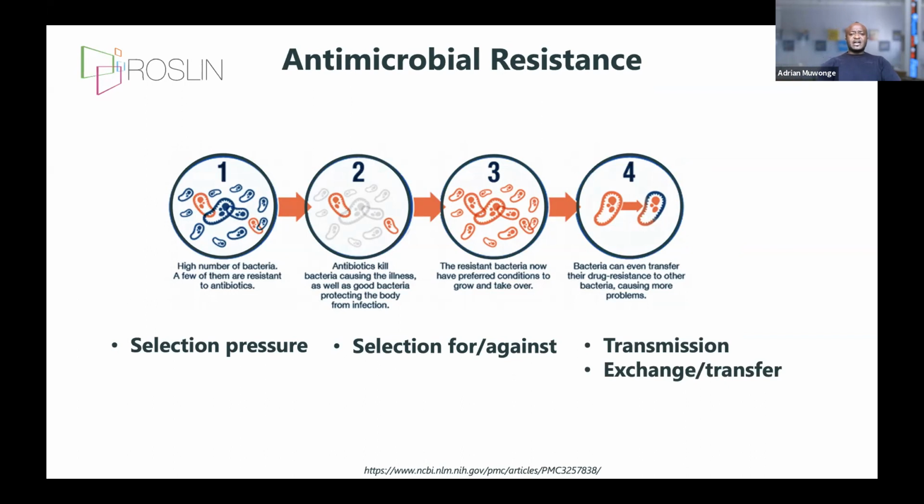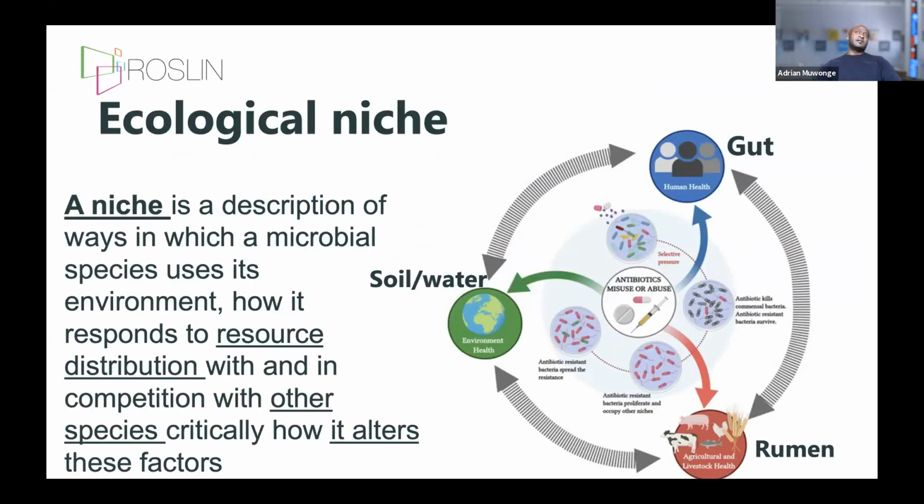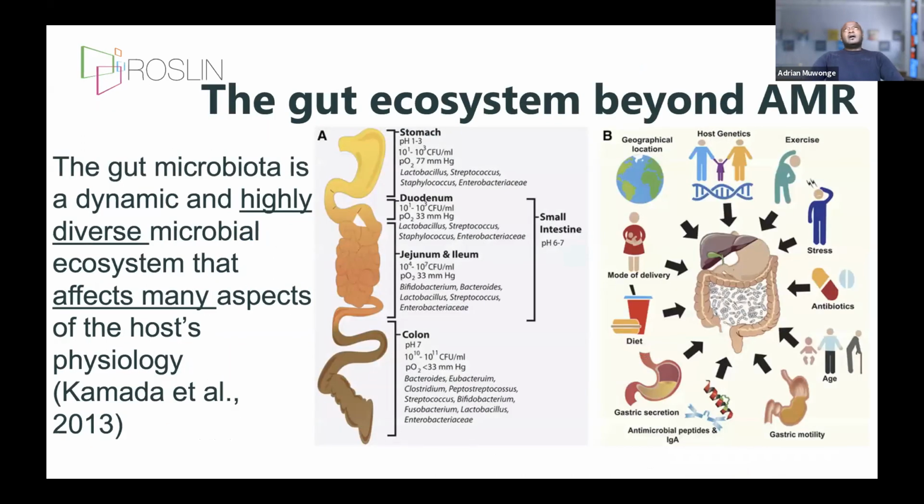And this happens in a niche, and a niche describes the ways in which microbial species use their environment and how they respond to resource distribution with and in competition with others, and ultimately how those organisms alter the environment for their benefit. And my favorite niche is the gut. The reason being, a gut is like